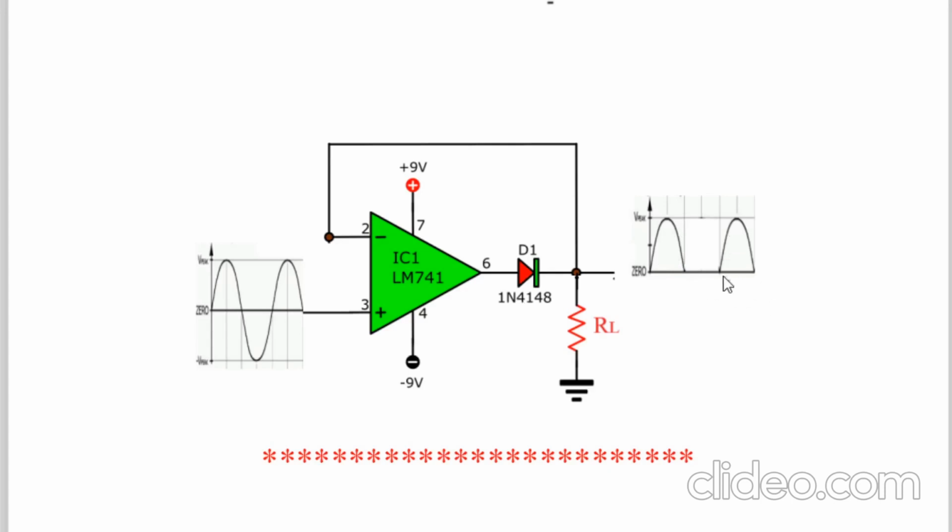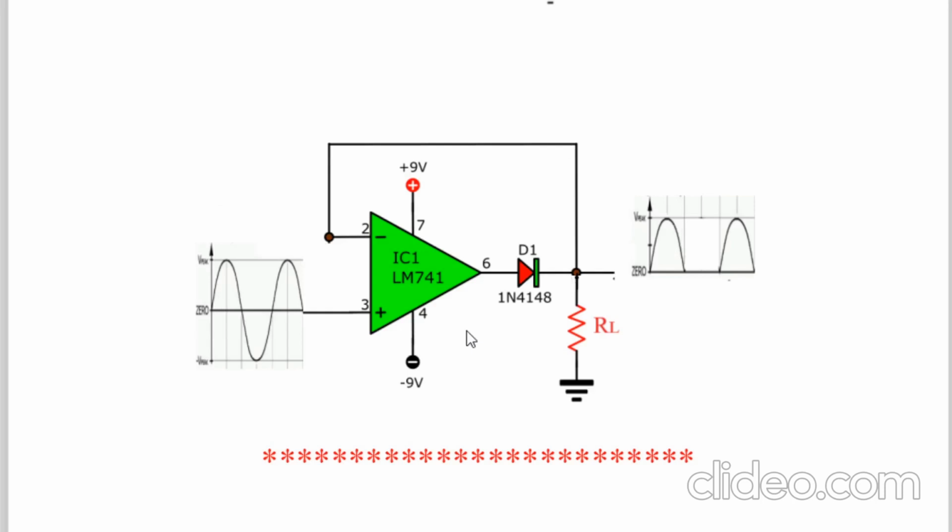But remember, the positive half cycle which is coming over here is of even 10 millivolt. Forget about 100 millivolt, it will be 100% there. So if you apply a peak voltage of the sine wave of 0.7 volt, you will get here 0.7 volt peak voltage. That is important. That is why the super diode is used.